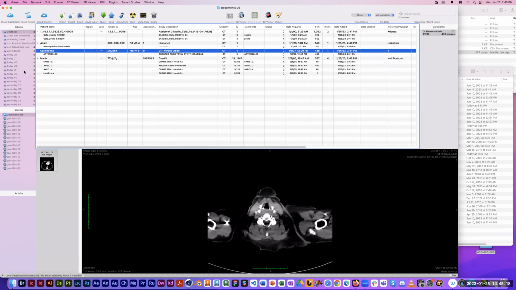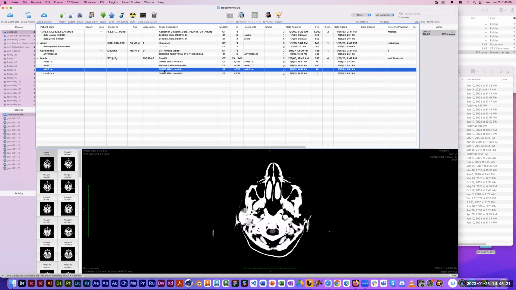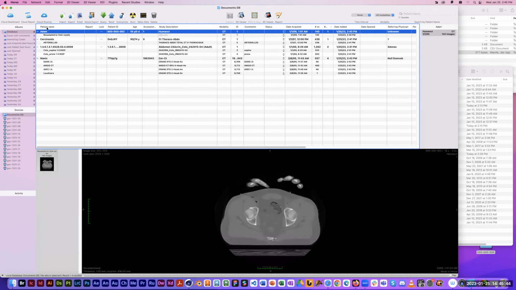Let me go back here. There's imaging modality, what kind of imaging it was, and it just so happened that all of the ones that I downloaded were CTs. Some comments, again, talking about supine, prone, with or without IV contrast, the date of the study, probably one of the most important fields,